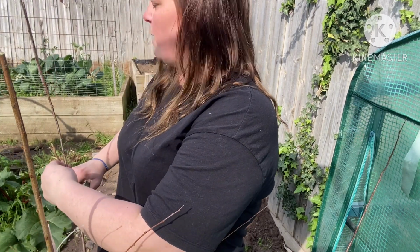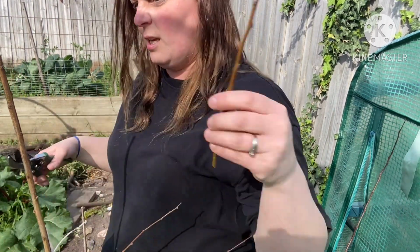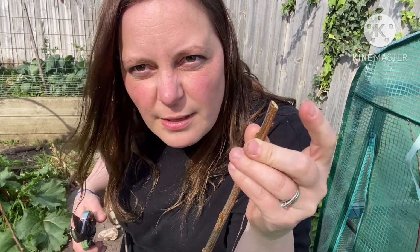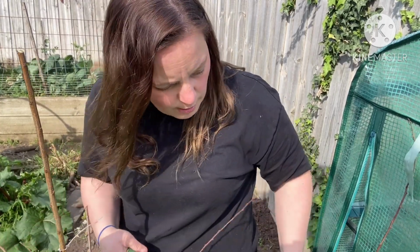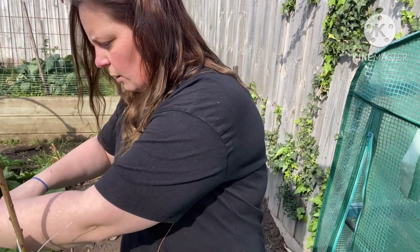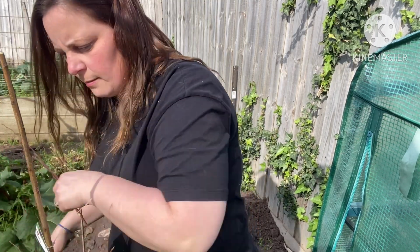I'm going to give it a bit more of a trim, a few different areas. Again, I'm usually going just above one of these nodes. Can you see that little node there? There's one there, but there's also one you can't quite see on the other side. So that's really good to be able to prune there. I'm not doing everything, but I am just trying to do the longest and the biggest ones, so that we've